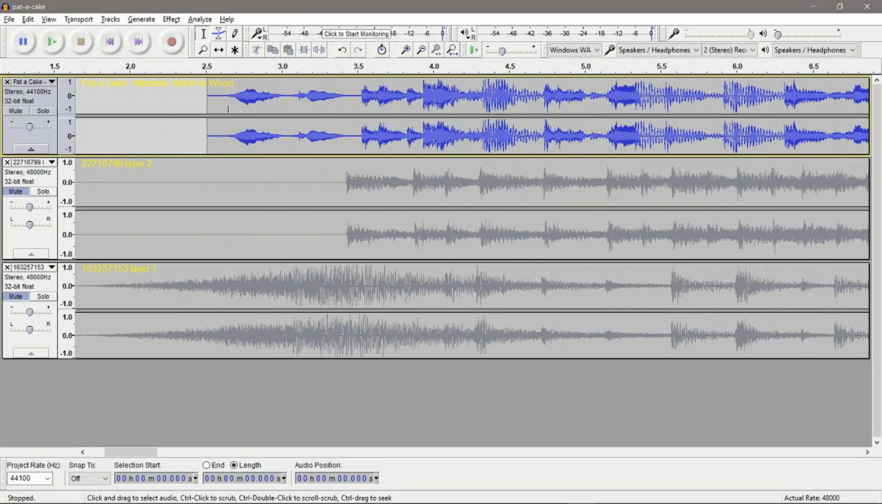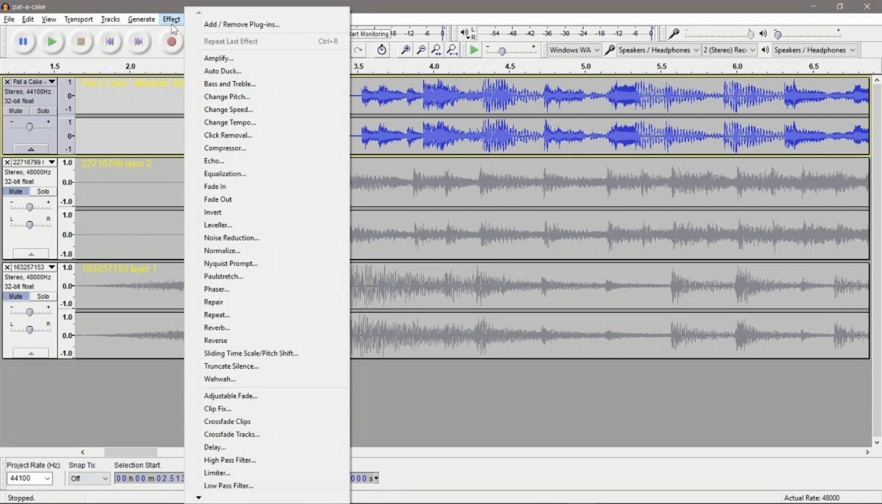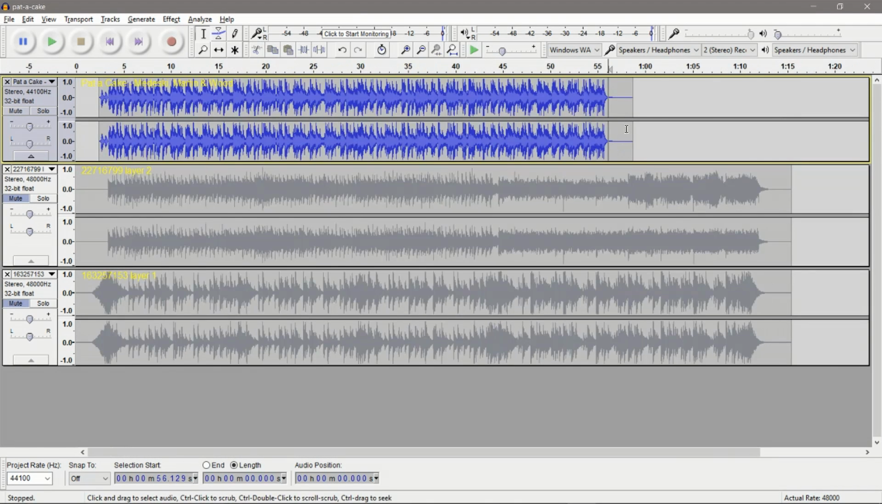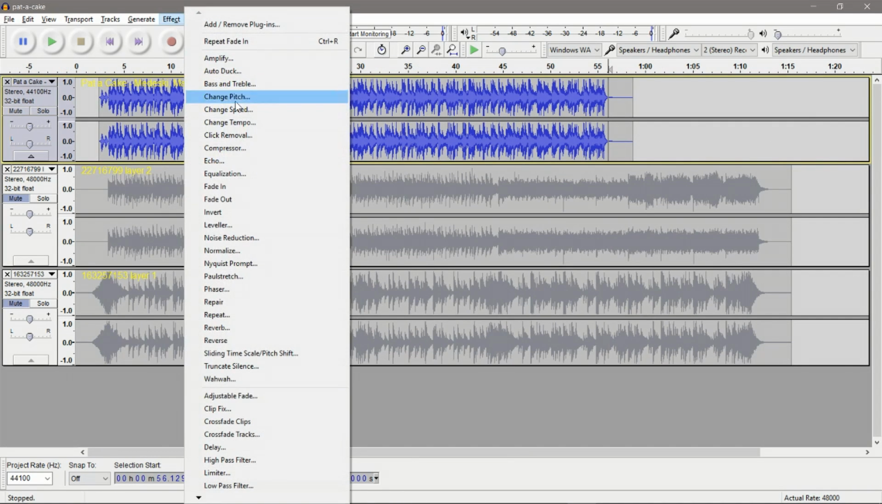And if you have to cut like this, and you want to make sure that the fade is clean, you can select the little part that you want to fade in, go into Effect, and fade in. There you go. And if this file is longer, there's a fade out